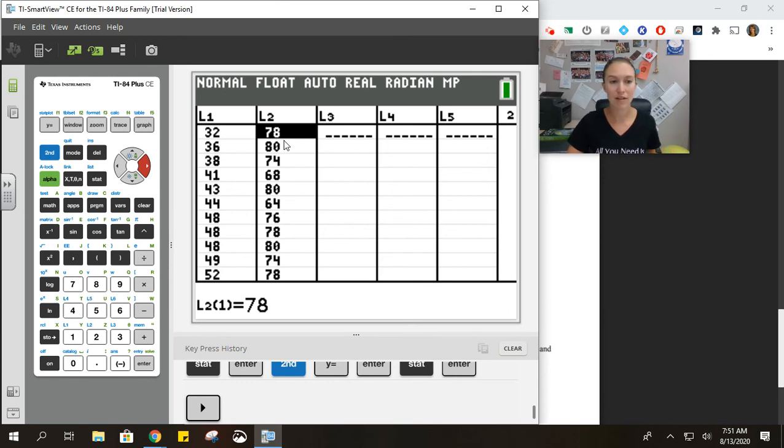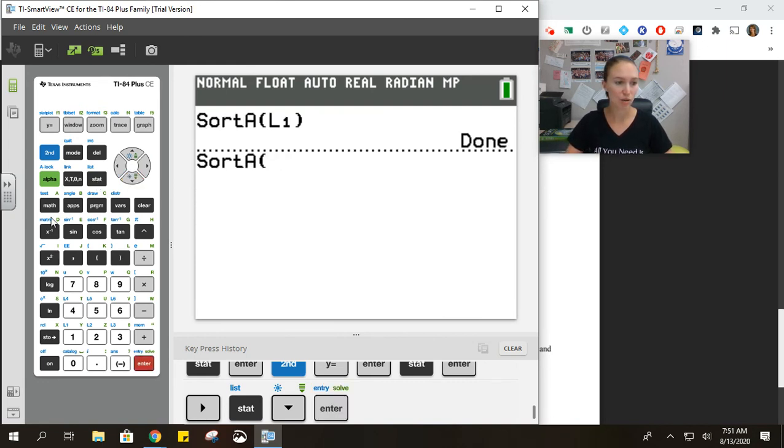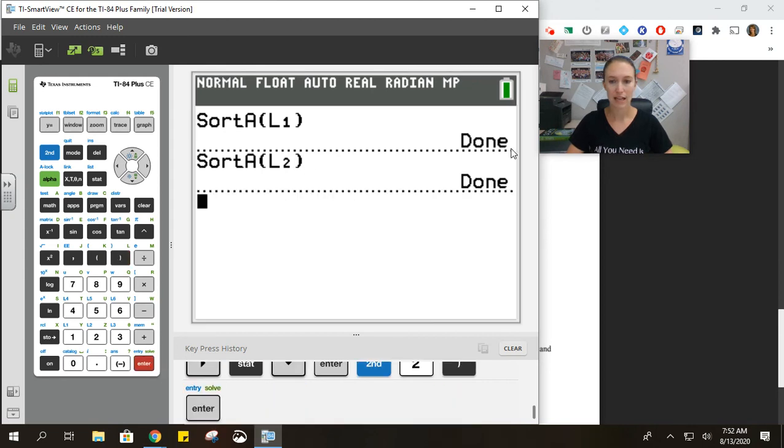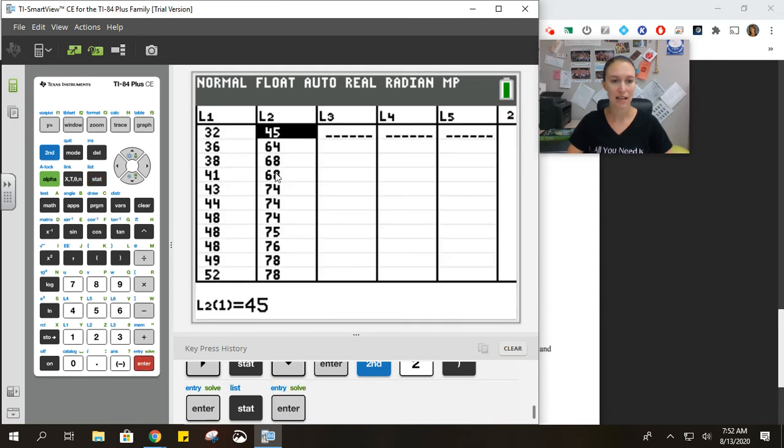And then now that we have our list typed in, again, because our calculator won't do it for us, really the only calculator piece that'll help is doing a sort. So I'm going to go back to stat, go down to sort A. This time I'm going to sort second and 2 for my L2. And then it's done. So now if I go back into stat and edit, I can see that it's been sorted. The other thing with the dot plot, as you'll see, is it's not intervals like we have with the histogram,